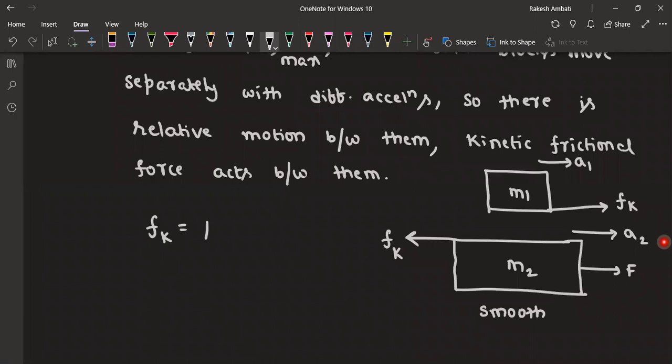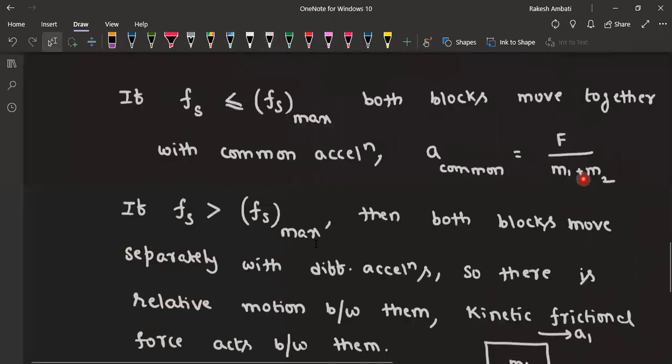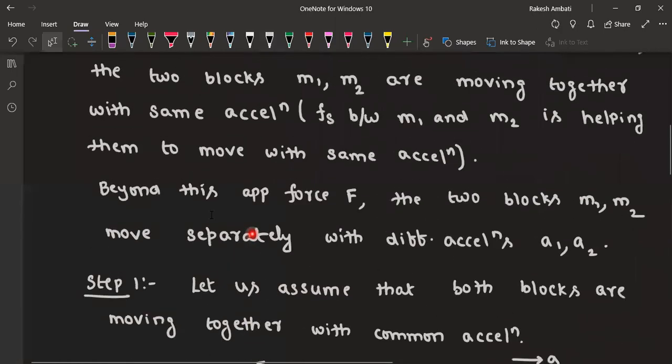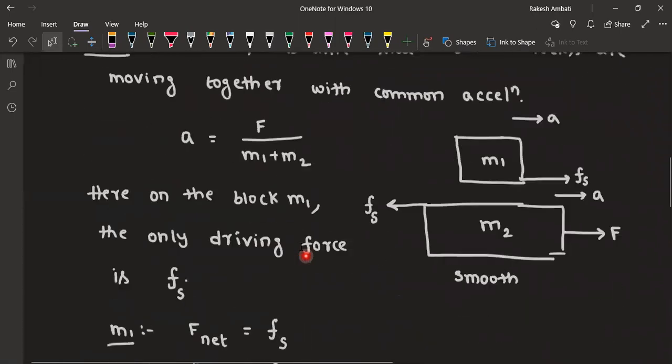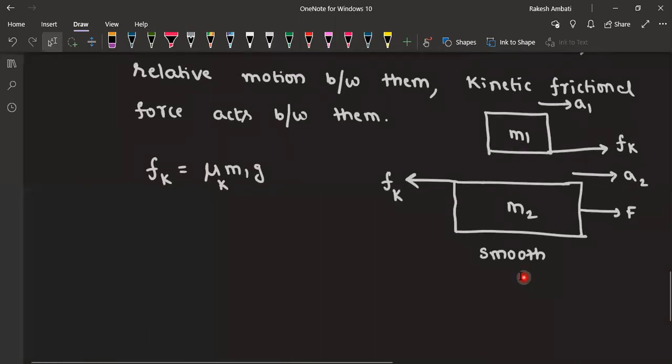And what is the value of this Fk? Fk is nothing but mu N, that is mu K into M1 G. In this case, simply mu is given in the question. It is given mu means mu S value and mu K value are both the same. So mu K into M1 G. So now in the case of M1 block,